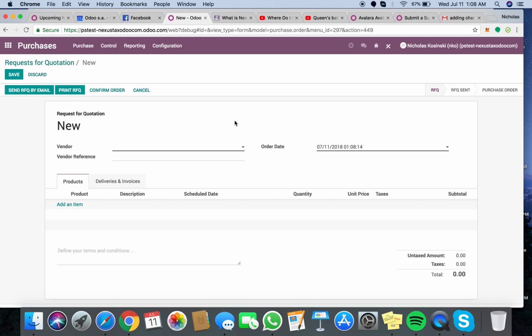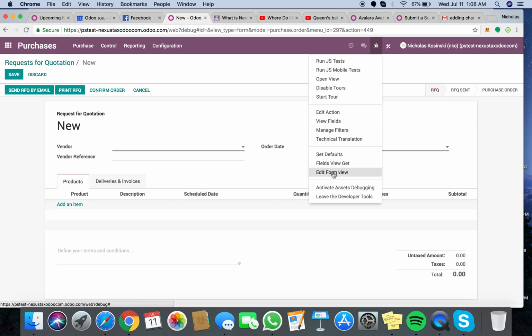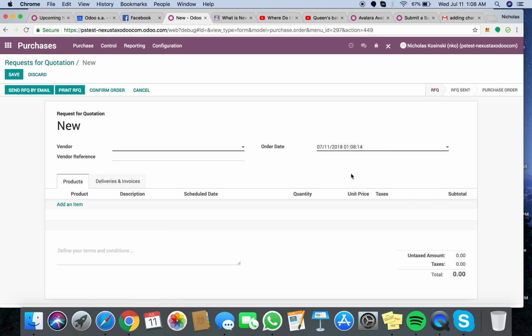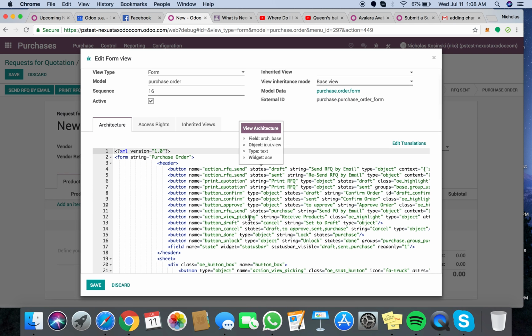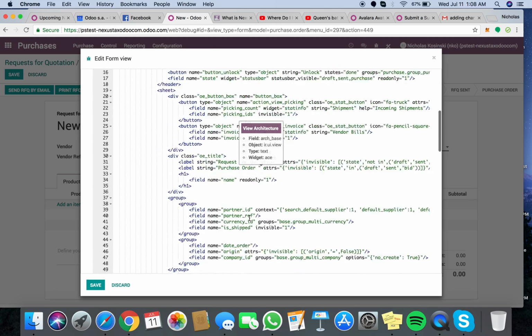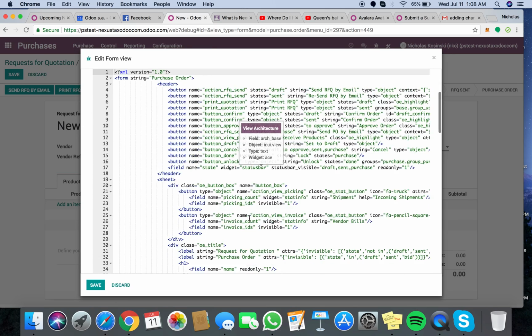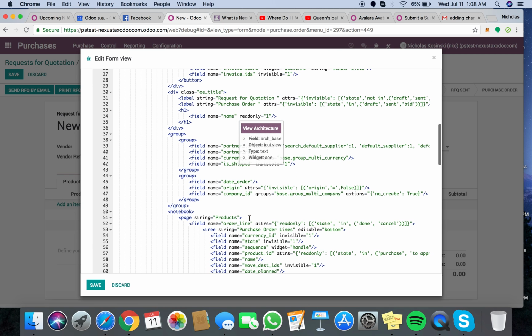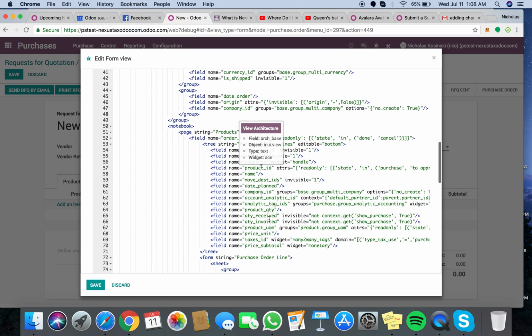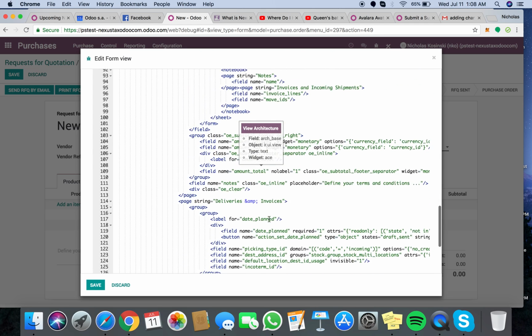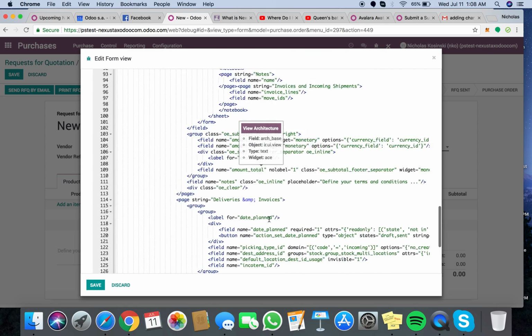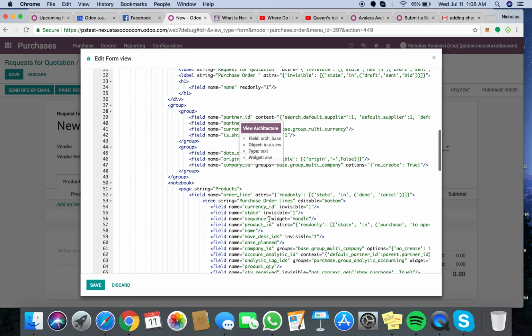You'll look at your record. You go up here to your little bug, edit the form view. Here you'll be left with the XML. And you'll find your purchase order line column, right? Order line, here we have it. Make sure that's it. Yes. So you'll see all this